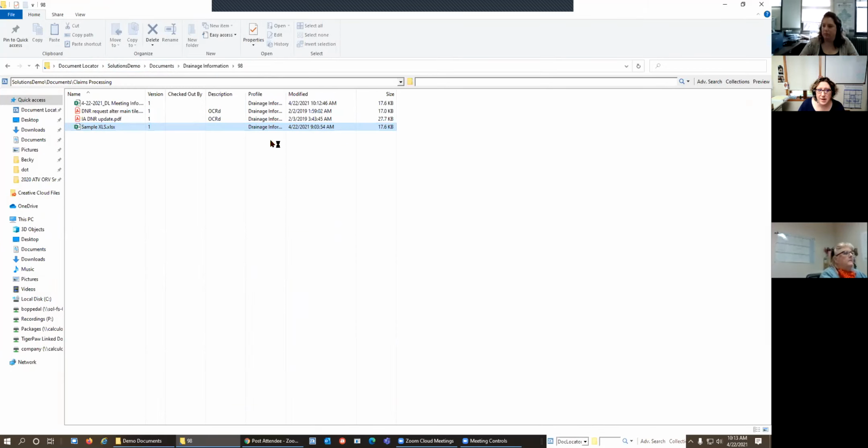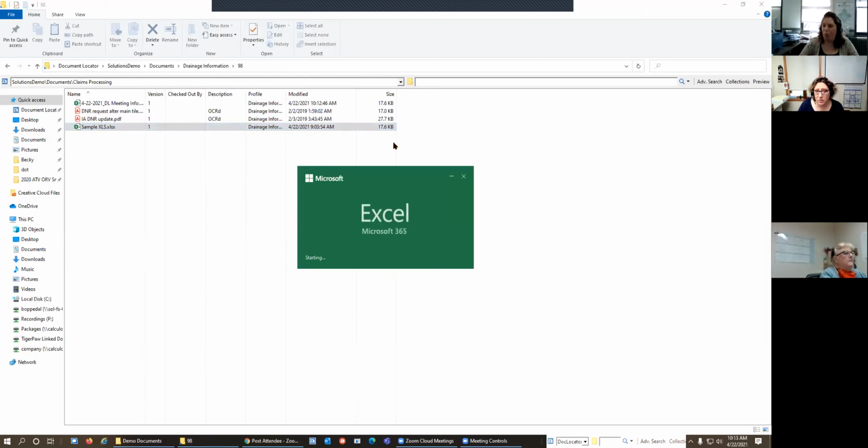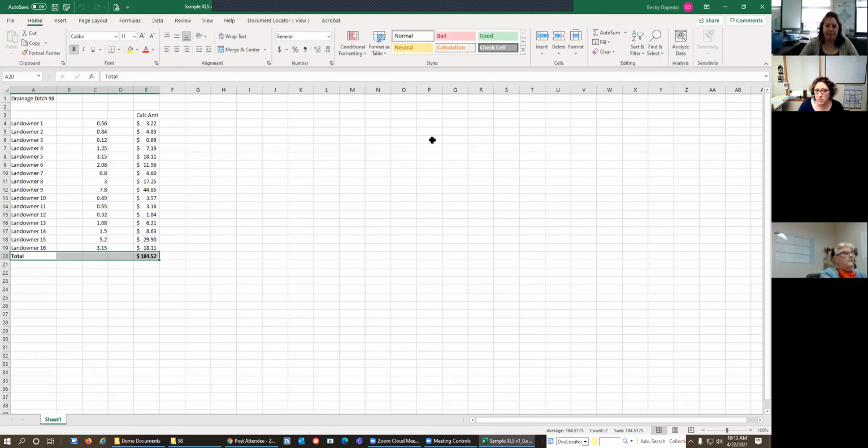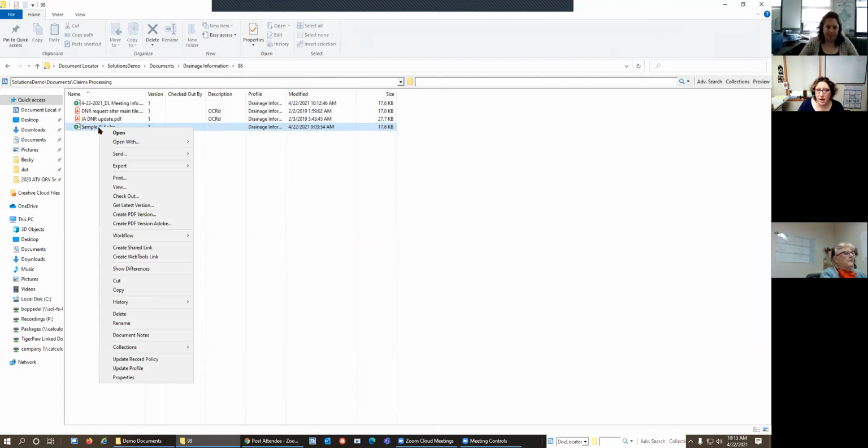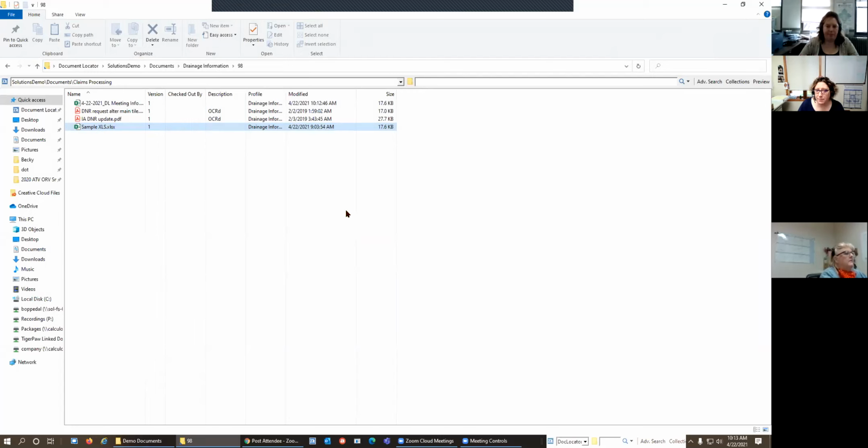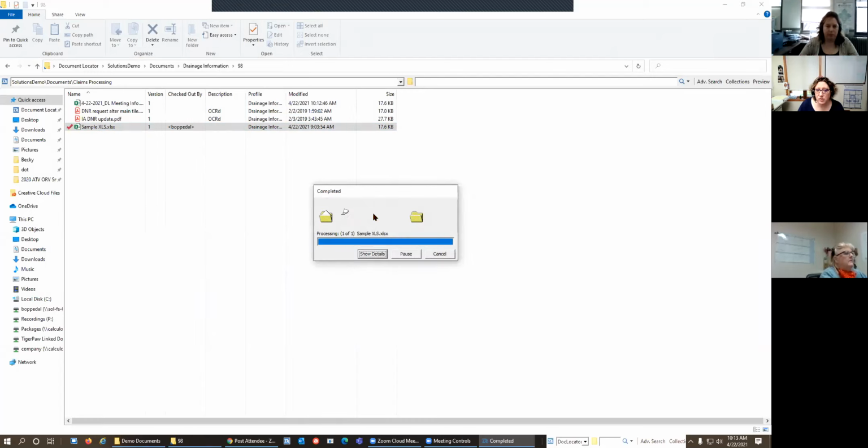So if I want to view this document, of course, I can just double click on it and it will open it up in Excel, just like a normal Excel spreadsheet at this point in time. And you'll notice up here it says read only. So I did not check it out to make changes. It is in the read only format. If I wanted to make changes to this document, then I would want to right click on it just like normal, and I'd want to check it out so I could modify it. And if I make changes to it,